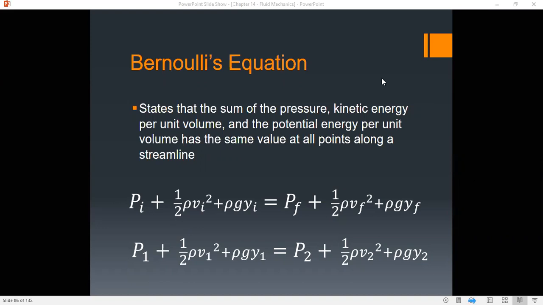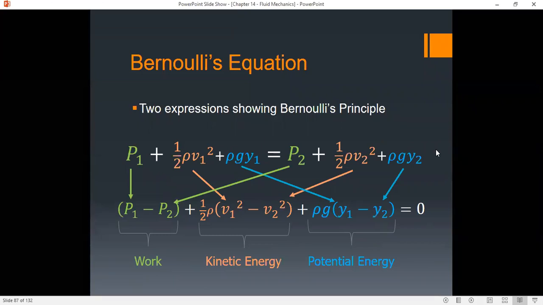Breaking this down, we can rewrite this whole equation this way. Now, bear with me because this looks a little bit complicated. Pressure, okay, in Bernoulli's equation, pressure exists on both sides of the equation. We can move all of that to the left and basically say that P1 minus P2 is going to be